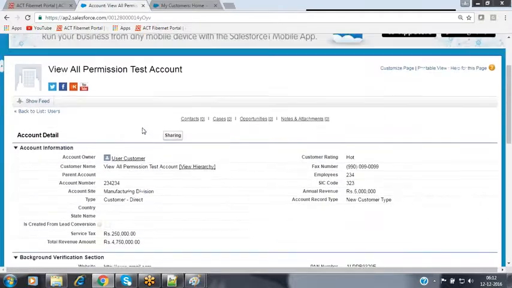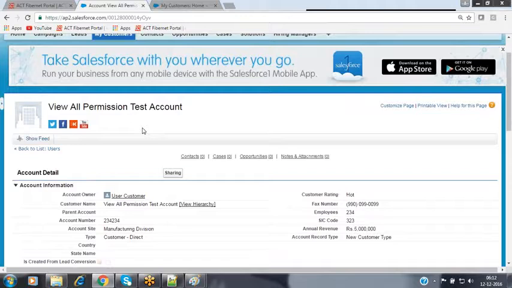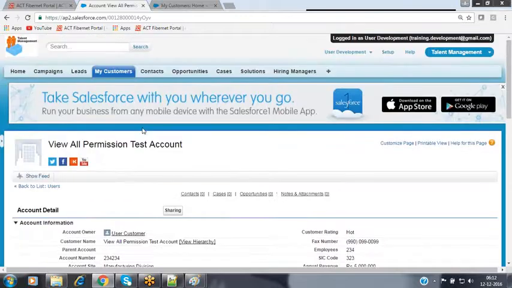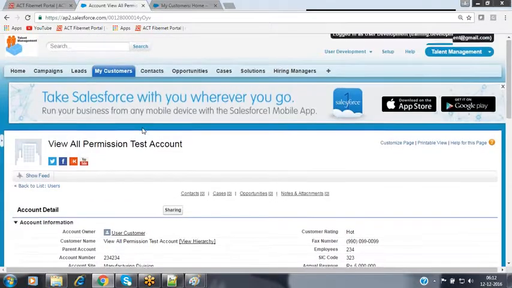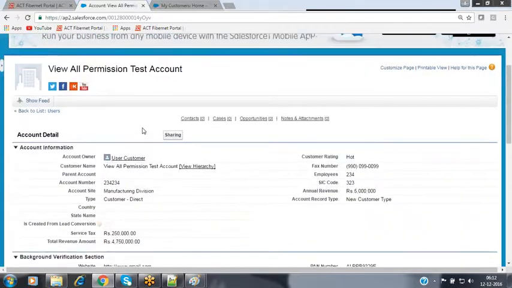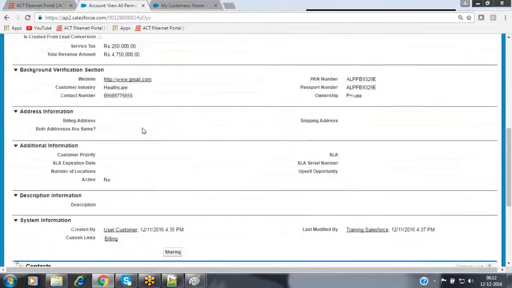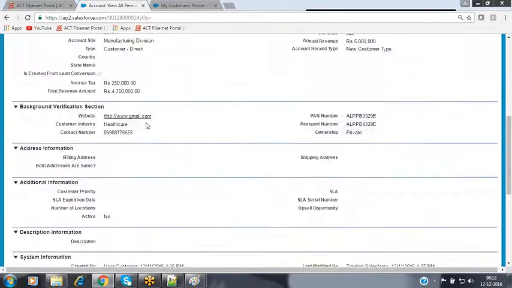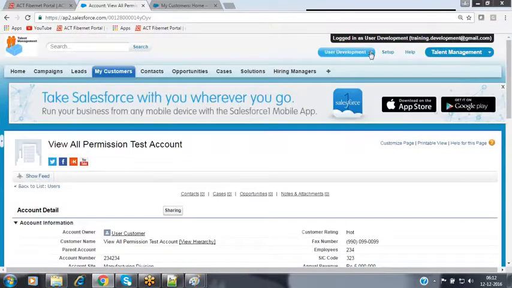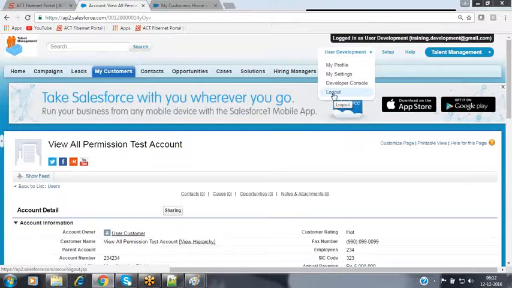How come it is visible to him? Now, let's go to that sharing rule as well. At the profile level also, he is not having the permissions.